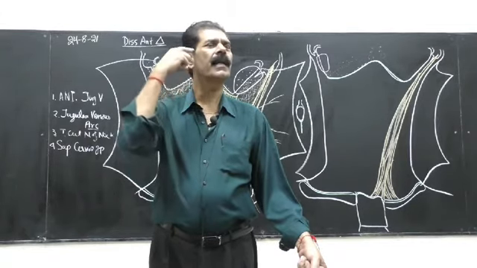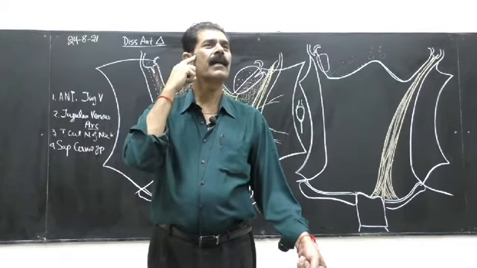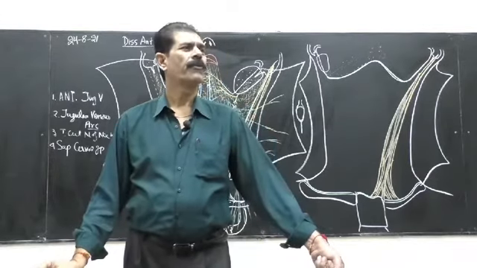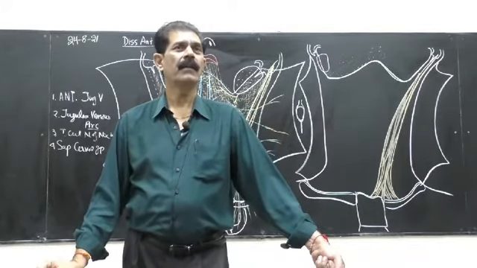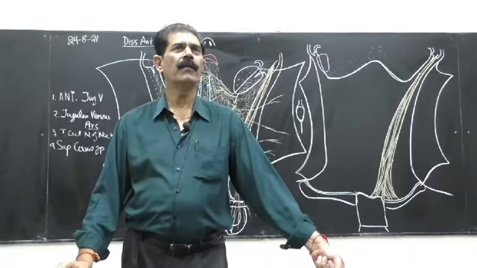Similarly, parotid gland is attached to the zygomatic arch by the superficial lamina, and the deep lamina is attached to the tympanic part of the temporal bone. So this gives the fixity to the gland. They are not movable while you are chewing or doing any movement of the mandible.